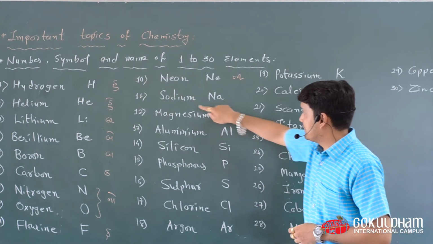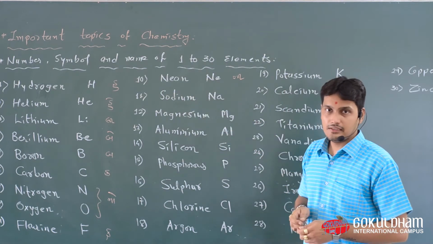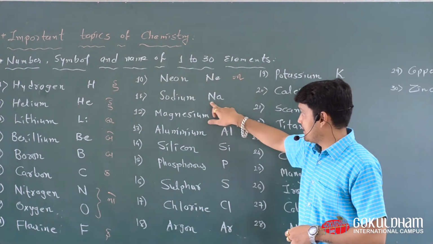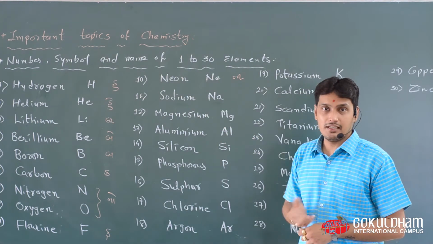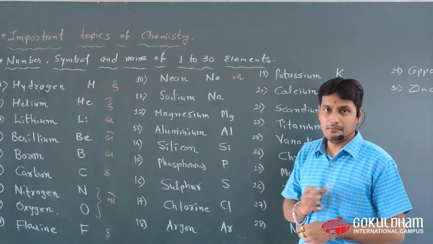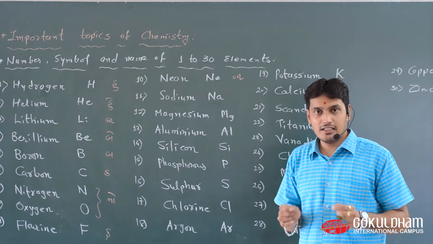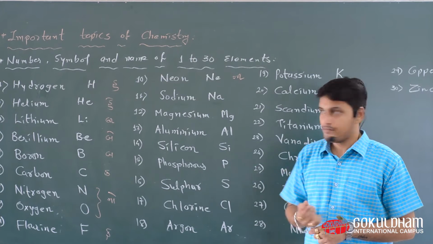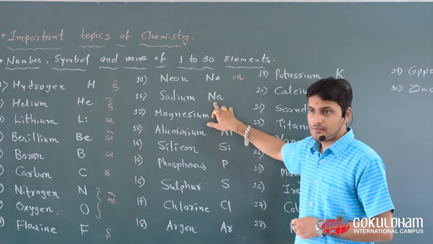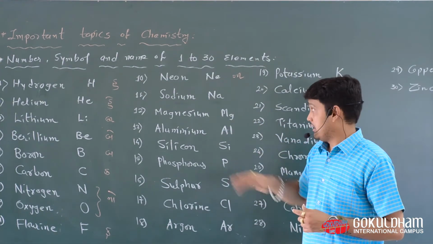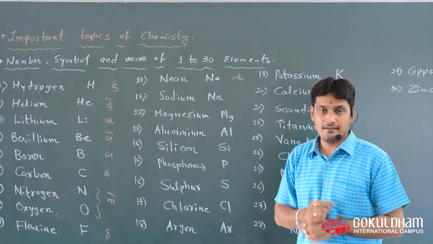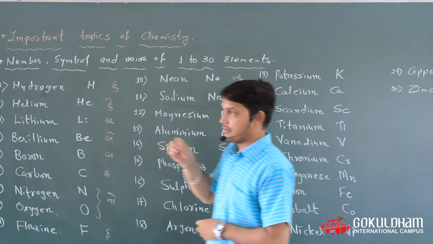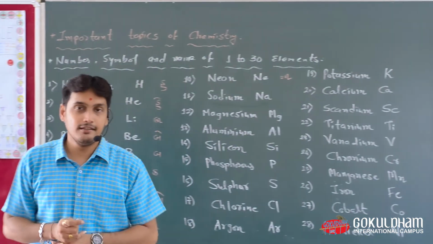Now our 11th element is sodium, a metal. We call this element a metal, but it is not a hard solid metal. You can easily cut this metal with a cutter, like rubber. Sodium is highly reactive with air, so we have to keep this sodium in kerosene liquid.